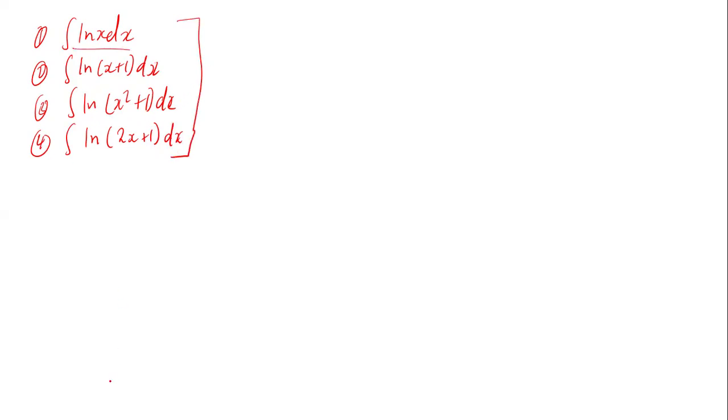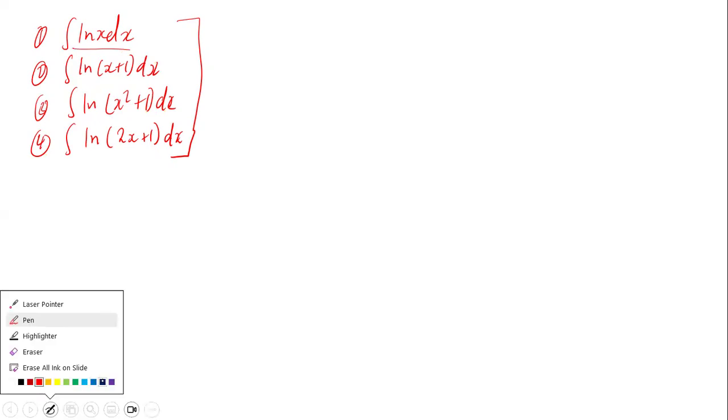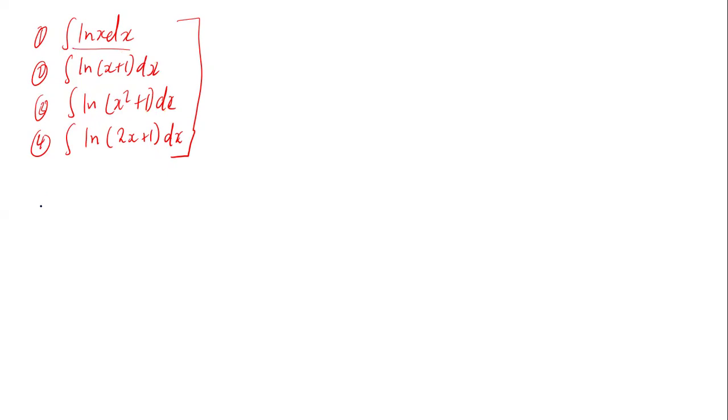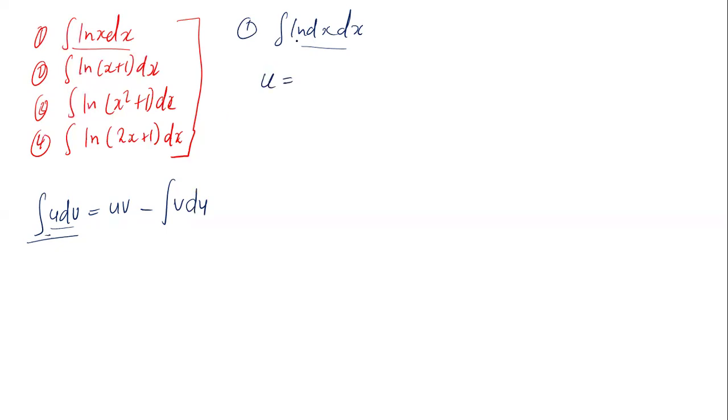So we were talking about this, and I said to integrate this, you can use integration by parts, in which you have the integral of u dv equals uv, subtract the integral of, we interchange now, v du. And I said that if we want to solve number 1, the integral of ln x dx, this part of the equation is supposed to correspond with that part. So at this point, we can simply tell that u will be the same as